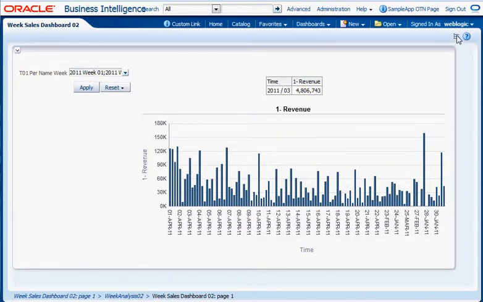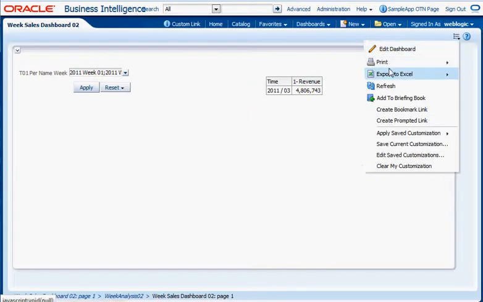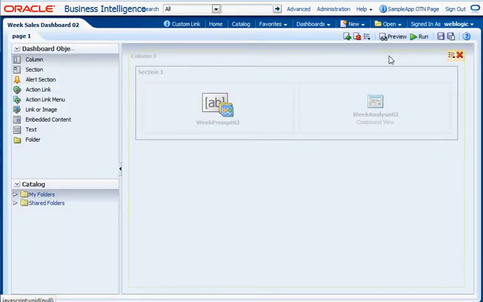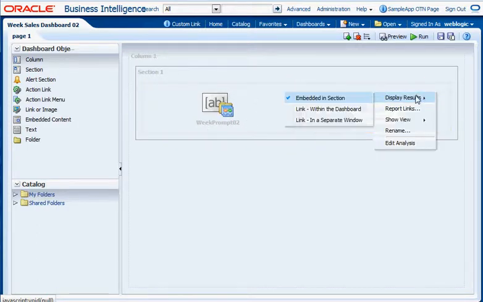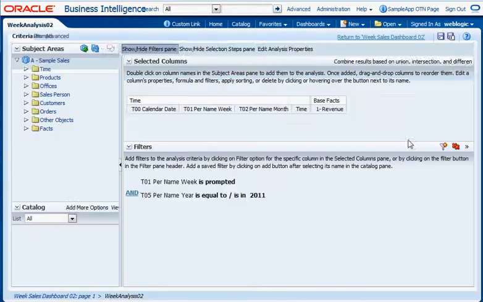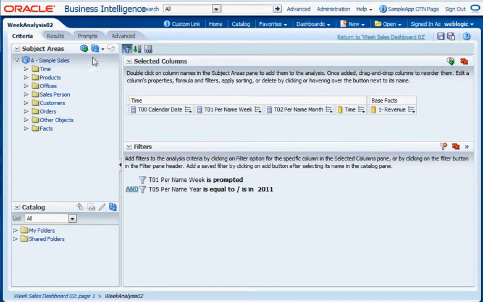So let me show you what I'm doing here. I have just a dashboard with a single analysis and a single prompt. The prompt is just for the weeks on the time dimension, but I'm going to focus on the analysis that I have. So when I look at what criteria I have,